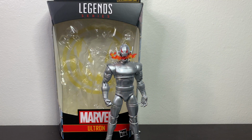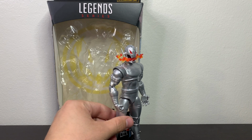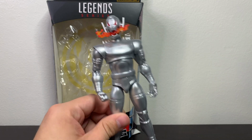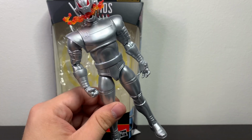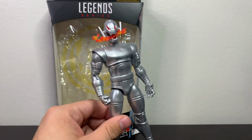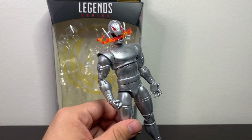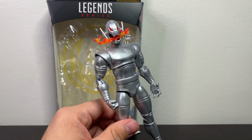Alright, what's up, guys? Here we have him, the Marvel Legends Ultron. A beautiful figure that is probably the one figure in the wave, aside from the modular Iron Man, that I was anticipating the most. He's been a figure that has been kind of sorely lacking from the shelves, and I